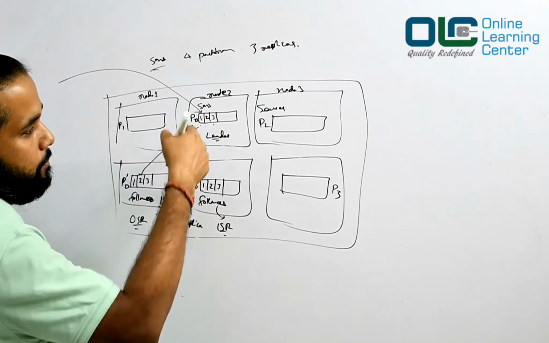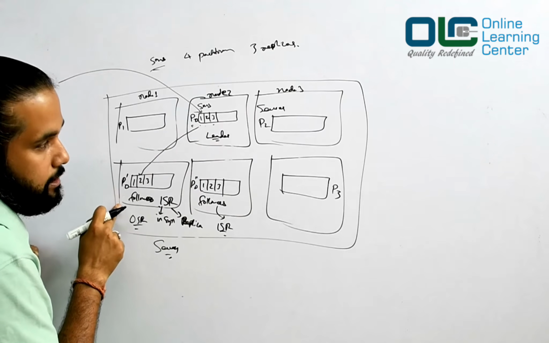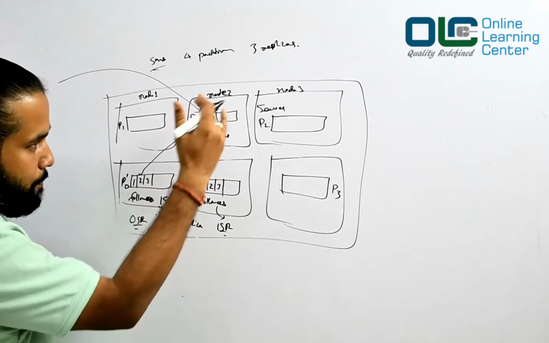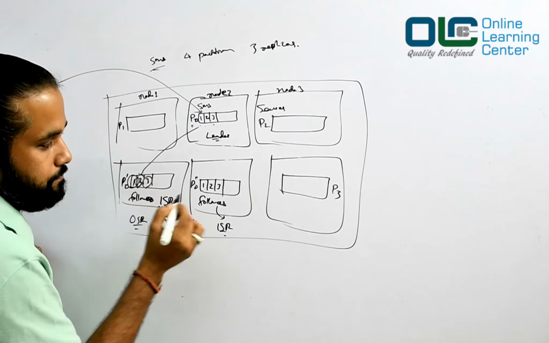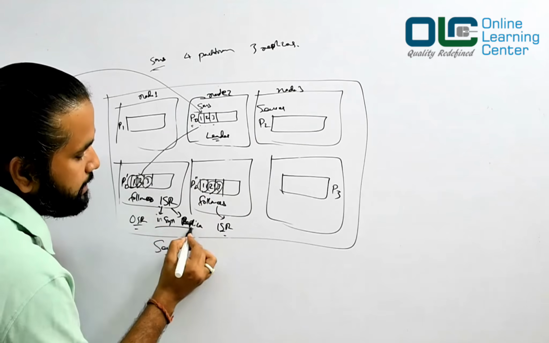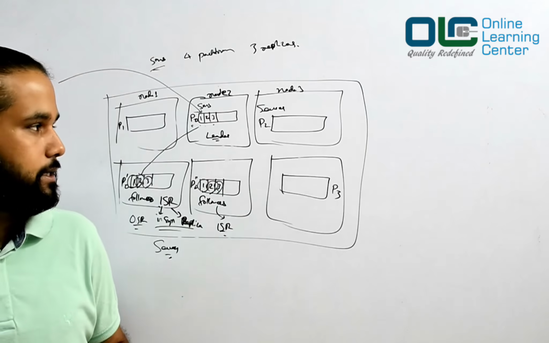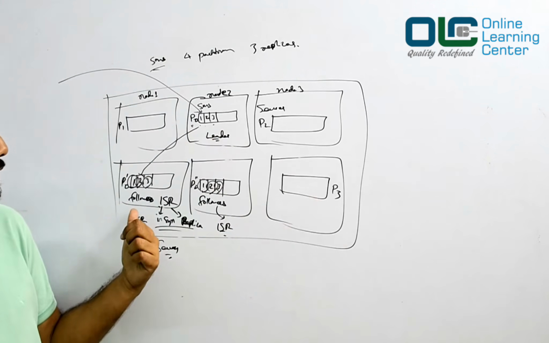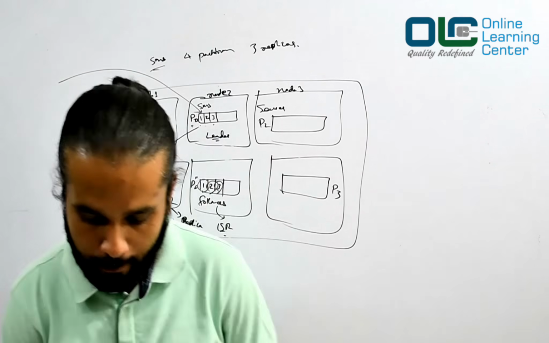It should be quick. But what I'm trying to tell you is, till the moment this data is not synced completely, we call it OSR, out of sync replica, right? But then the process is going on, and within no time you will see them completely in sync. Okay, so once they are completely in sync, we again call it ISR. So by default we call it ISR because no matter what, as the data is received on the leader, it would also get transmitted to your followers, and that would become synchronized very, very quick. Okay, so let's move on.